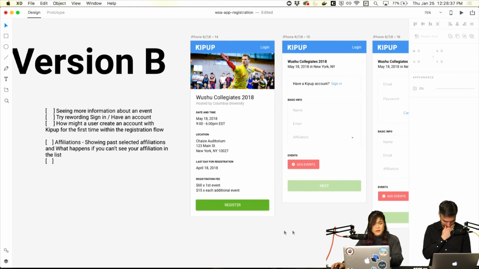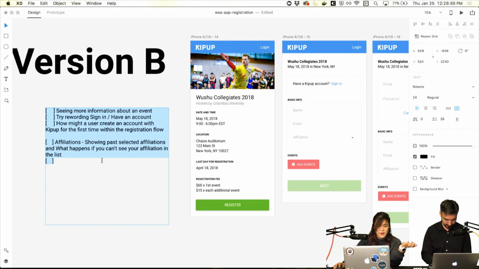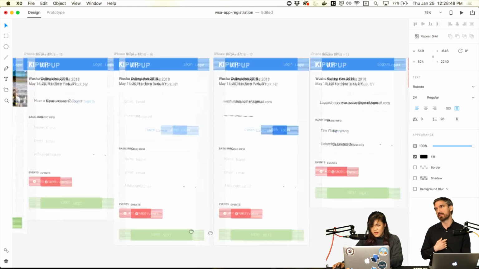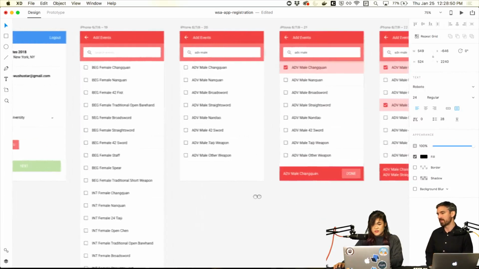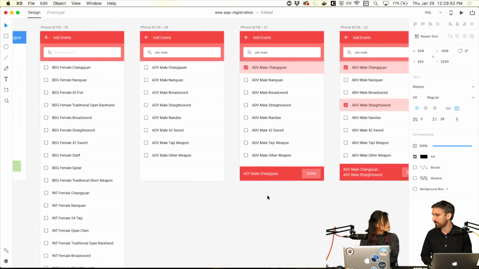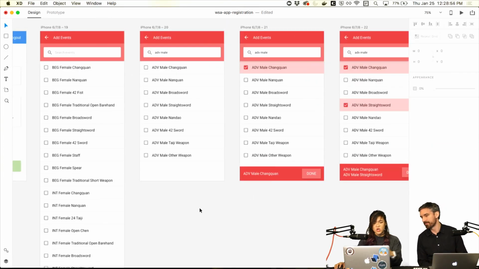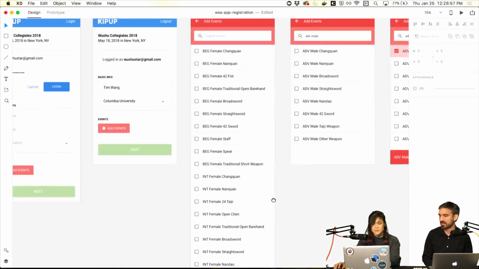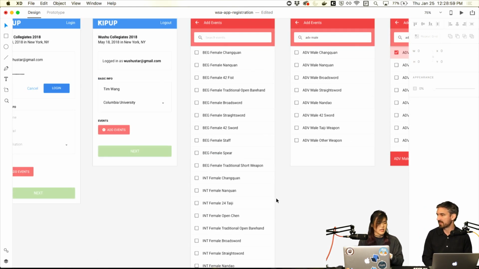Great. I think there are a bunch more action items we could probably pull from this interview. Yeah, I think he was very happy with the search, like how you select the events. He said something interesting, like, I expect to see everything by level, like beginners and stuff. When he was describing it, I kind of thought he meant something where he would click add event and then it would ask what level? Beginner. Like a tree flow? But then when he got to this list, he said or just a list.